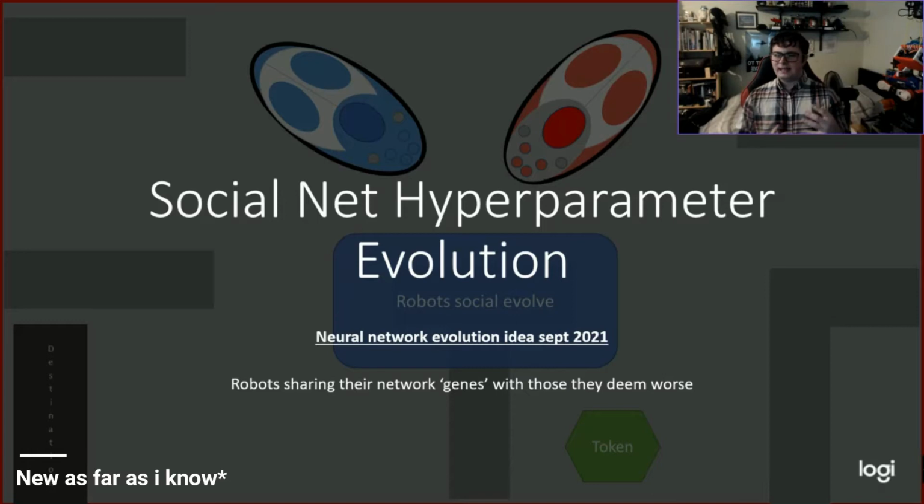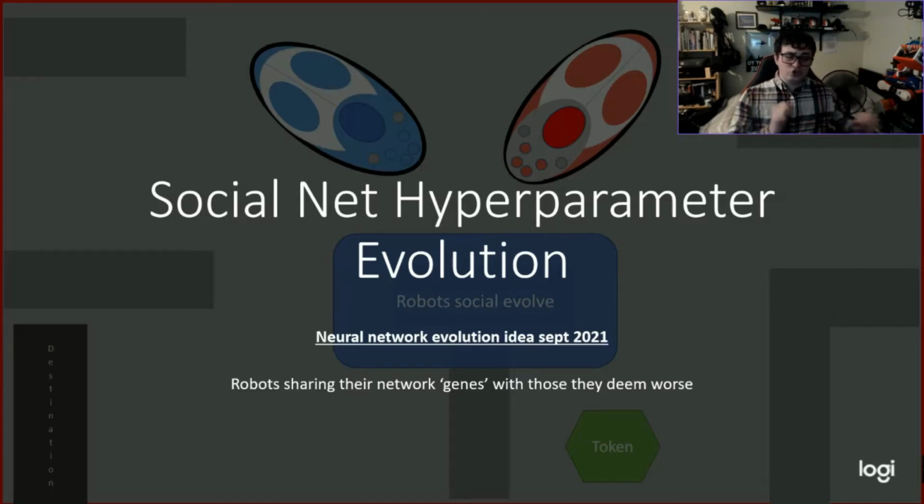So what exactly is social net hyperparameter evolution? Well, it's a bit like robots sharing genes with each other in terms of interactions. They would compare themselves, see if one of them has a better neural network, kind of like a virtual brain, than the other, and then will give part of itself to the other to build a hybrid. Kind of like gene sharing. There's certain parts that they would share, but also certain parts they'll keep the same. And ultimately, it would mean that every robot would be not just unique to each other, but probably not even the same next time they meet up.